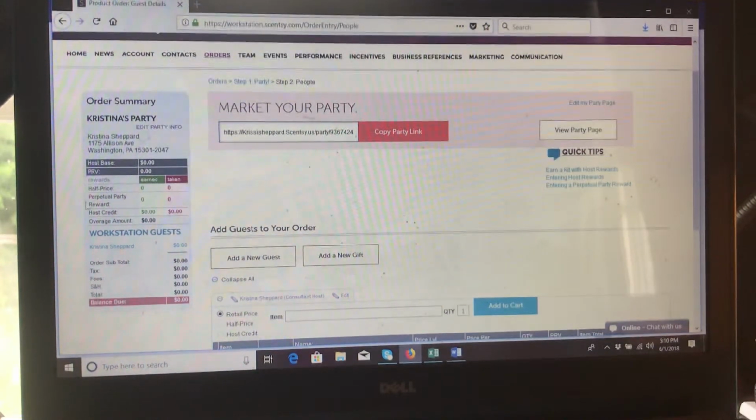Now from this page, you will see market your party up here at the top. You can copy this party link and share it via text message, Facebook message to the party page. If you're doing it on Facebook, you can share it with your hostess where she can send it to people, that type of thing. Now, this particular party that I'm doing will be all online. My hostess lives in South Carolina, so I will not have to worry about entering orders. So, to show you how to enter orders,